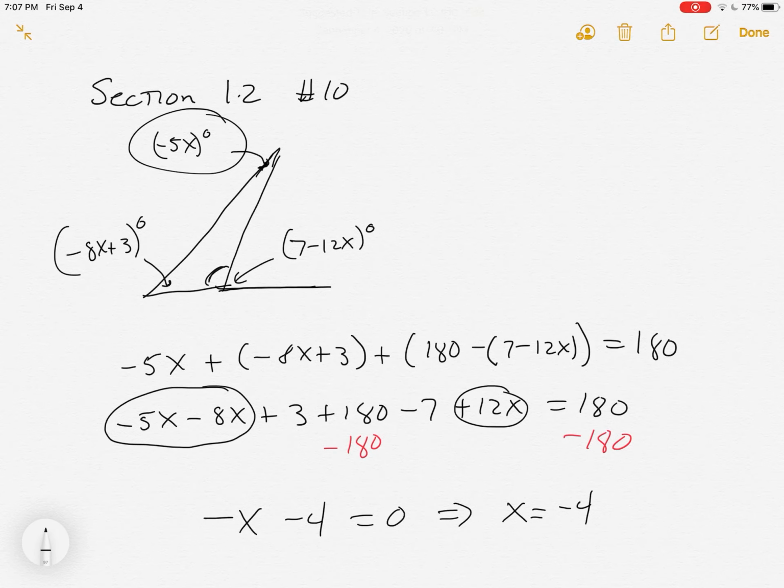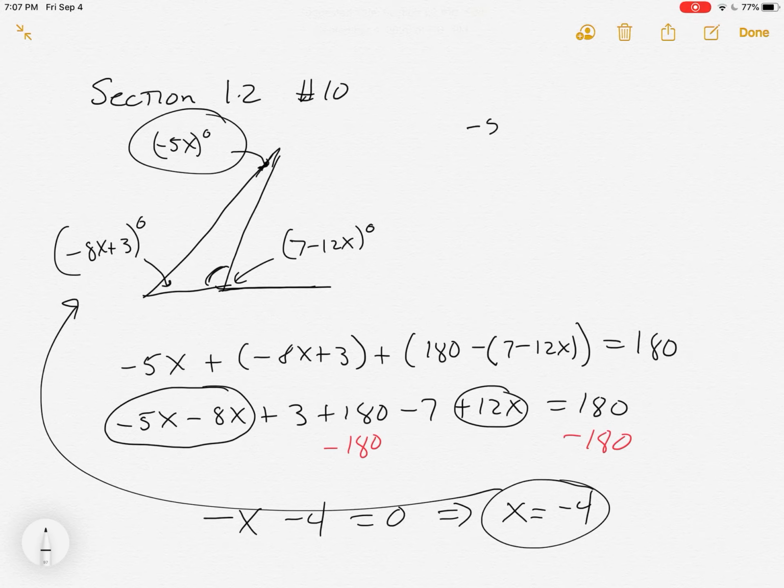Well, we don't know yet. Let's come right back up to here. So this was a helper. And probably why we did a lot of word problems in pre-algebra is for this stuff, to recognize that we're not done. So one of the angles is negative 5 times negative 4, for 20 degrees. The other one is negative 8 times negative 4, 32, plus 3,